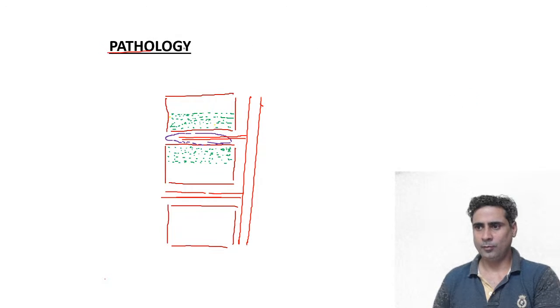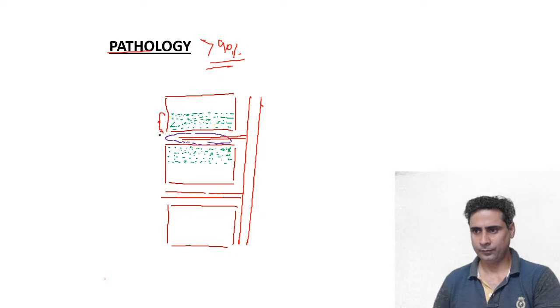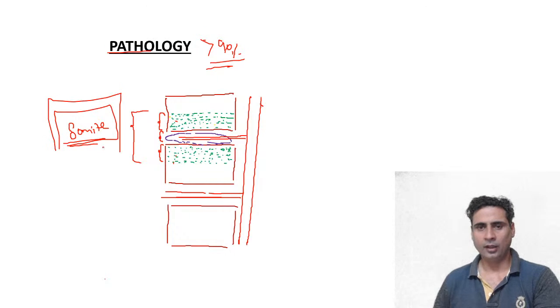Pathology wise, more than 90% cases will have this type of distribution: lower half of upper vertebra, intervertebral disc, and upper half of lower vertebra. They all develop during embryonic life through the same somite. So they have the same blood supply. And we have discussed tubercular infection is hematogenous. So it will reach this area and will affect